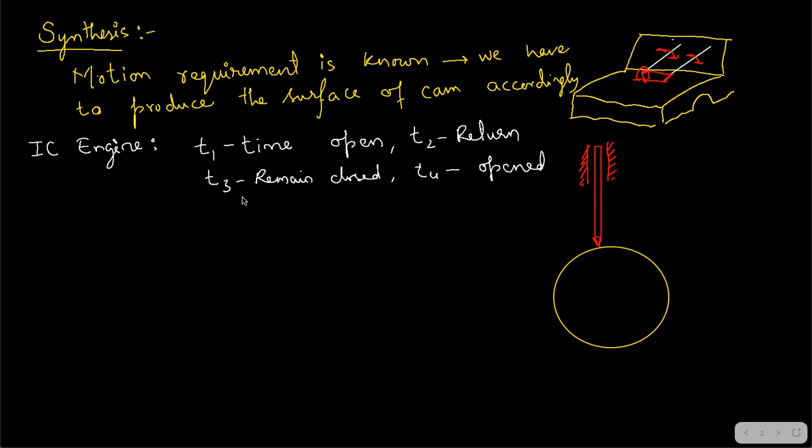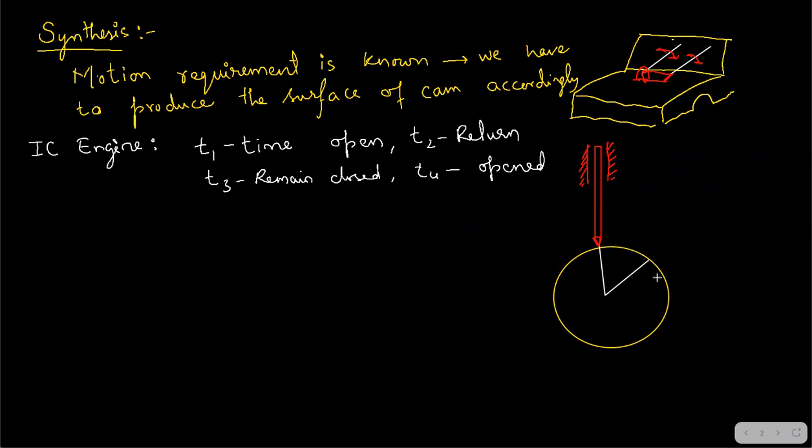So the first motion we spoke about was, what was the first motion? Let's suppose this is the initial position, and this is the center of the cam. Now as the cam rotates, for the first 60 degrees, I want the valve to be closed. It means from here to here, I don't need to make any change in the surface of this circle, right?